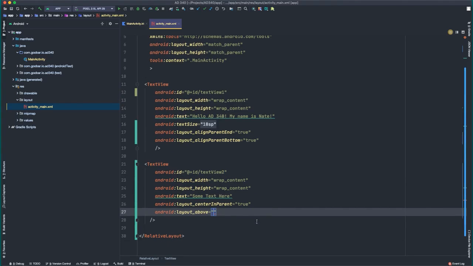Now in layout above, I can reference that ID. So I want to reference the text view 1 ID because I want text view 2 to always be laid out above it. So here I see @ID/text view 1. Now notice in this case, I didn't use the @ sign. I just said @ID and then the name. So when you're referencing an ID and you don't want to create a new one, you don't need to add the plus. So now I've indicated that text view 2 should always be laid out above text view 1, but